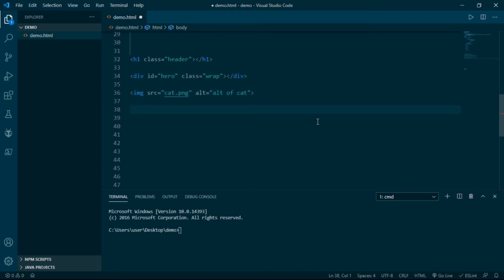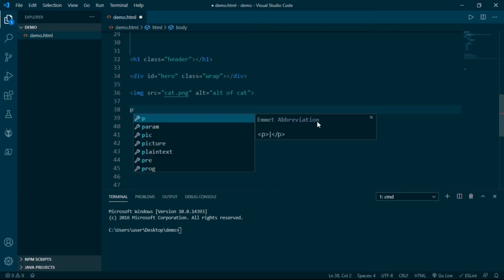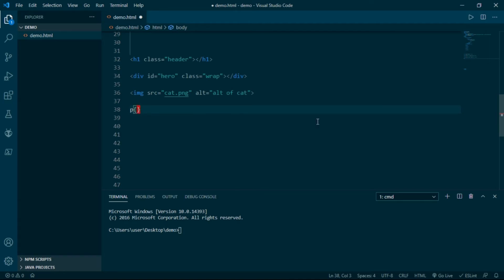Now let's talk about content. To include content within a tag, we simply wrap the content in curly braces. Previously, we were wrapping attributes in square brackets. So let's proceed with it. Suppose I have to add a paragraph. So I will write p curly braces, give whatever text, and hit enter.